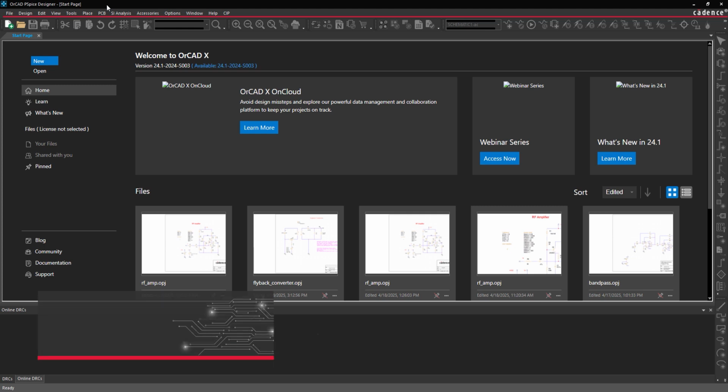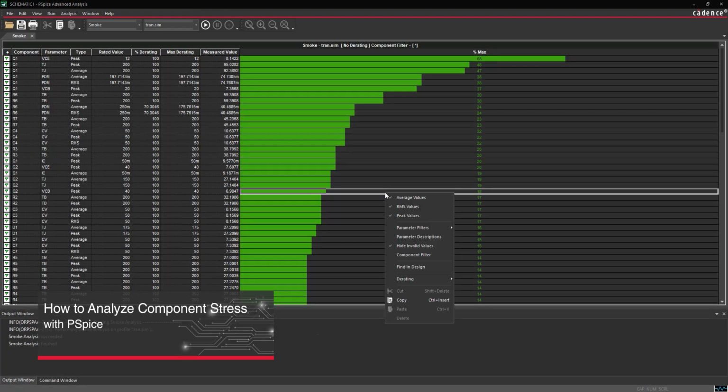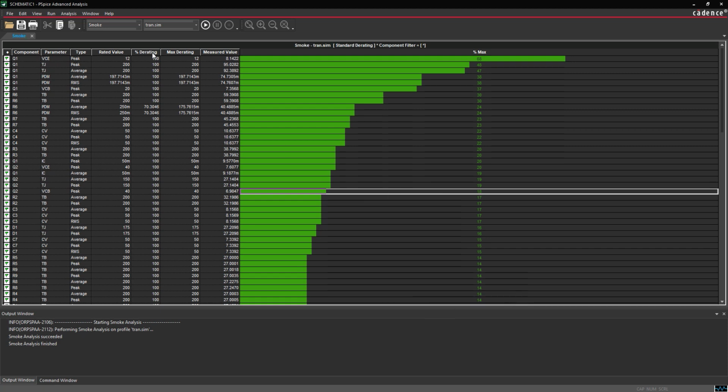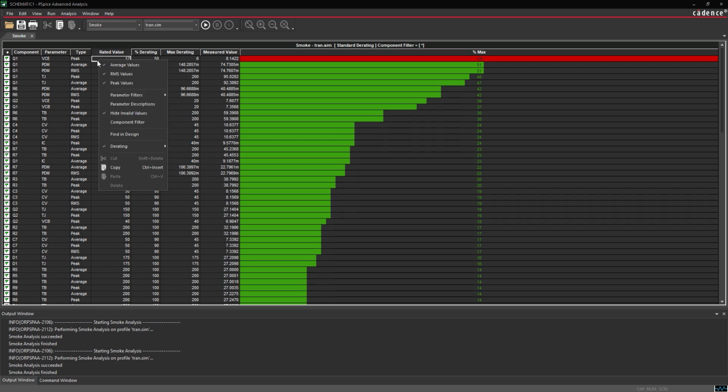This video is going to show how to analyze component stress with smoke analysis in PSpice Designer. Spice simulation can be used to verify functionality before a design is produced. However, standard Spice simulation doesn't take design longevity or reliability into consideration. To ensure design reliability and prevent field failures, the stress on components should be analyzed to pinpoint and correct design